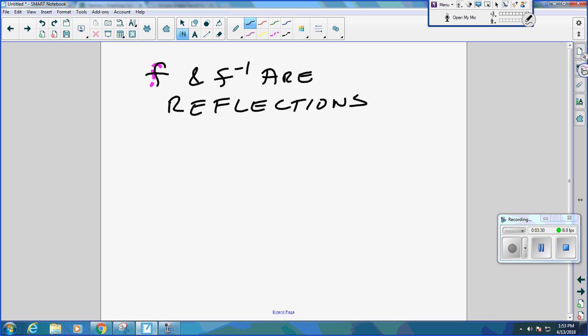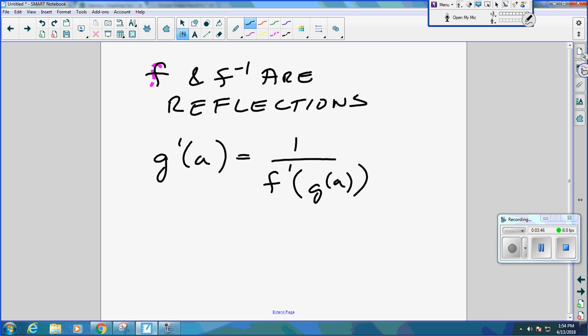And therefore, we found by doing the mirror that we could find the derivative of an inverse at A by doing the reciprocal of the derivative of the original function at the g of A value. So I could do the proof. It is in the book if you want to read it. I'm not going to do it again. We did it as the cotangent tangent proof before. If I look here,